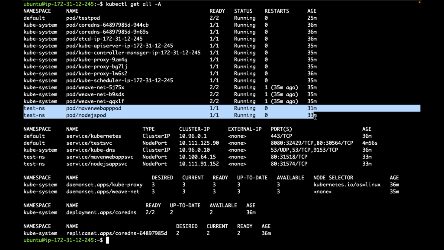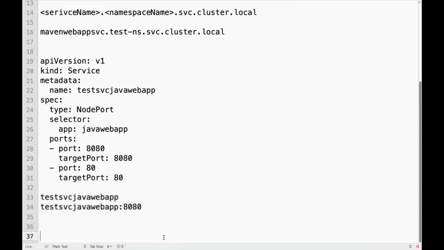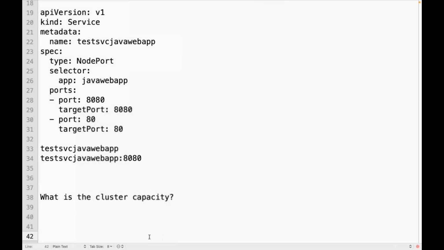Now, let me tell you one thing. What is the cluster capacity? Currently, what is my cluster capacity, or how much resources do I have in the cluster?